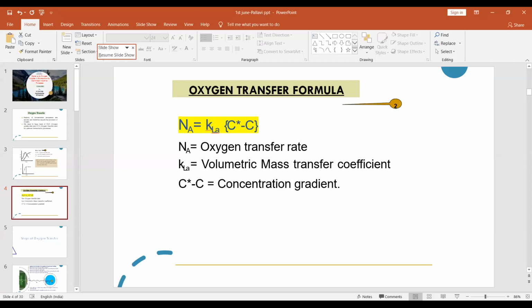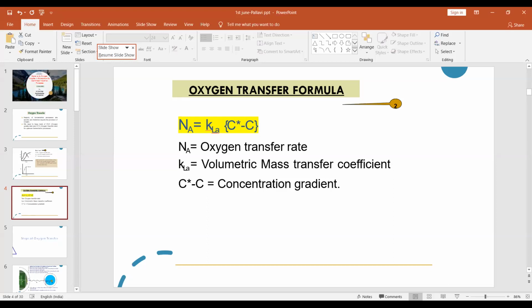So the basic fundamental behind oxygen transfer is diffusion. And you know what diffusion is? Diffusion is the movement of something from higher concentration to lower concentration. The same is the principle here: in oxygen transfer, oxygen travels from air bubbles to the liquid in the bioreactor because there is a concentration gradient. The level of oxygen in the bubbles is much higher as compared to the oxygen level in the bioreactor. So due to this gradient, C star minus C, oxygen travels from inside of the gas bubble to the bioreactor. So the first factor is the concentration gradient and the second is KLA.